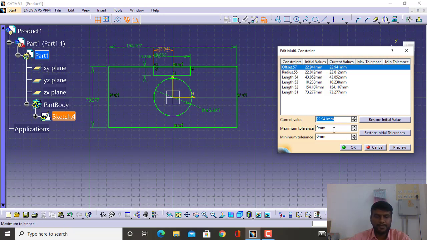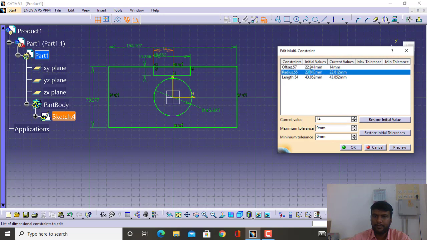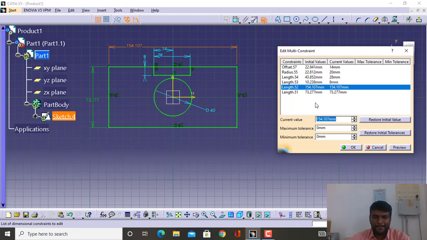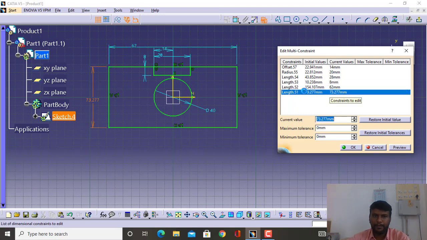Here this value is 14. Just change the dimension here. This diameter is 40. Diameter is 20 actually. This diameter is 20. This one is 28. 62 and 50.